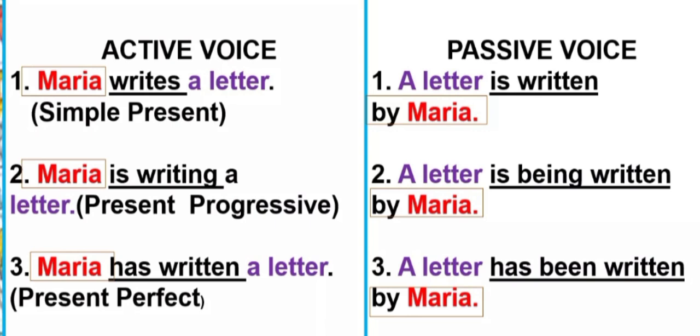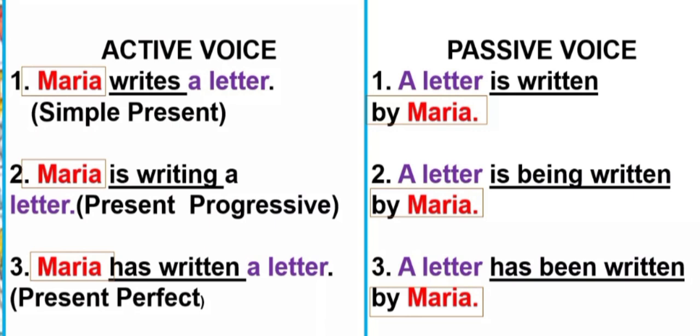"Maria writes a letter." This is in the simple present. How do we change it? Look at the color coding again. A letter, so we start from the word that comes after the verb. "A letter is written by Maria." Why did we use "is" again? Because "writes" is in the simple present. So "written" is constant because it's the past participle. And then the subject now became the receiver of the action, which is "by Maria." And "a letter," the receiver, now became the doer or the subject of that sentence. So look at the color coding again, class, so that you'll be able to understand clearly how to change active